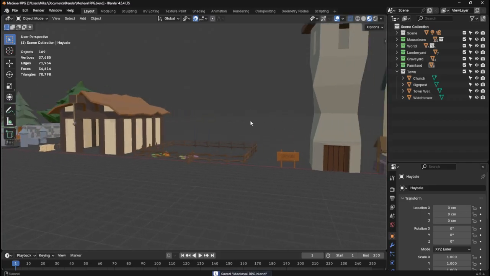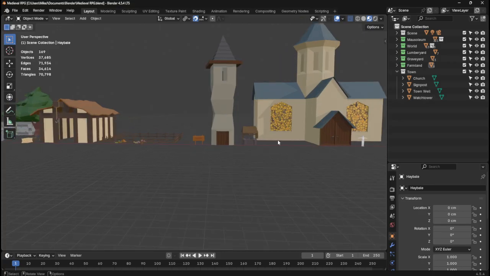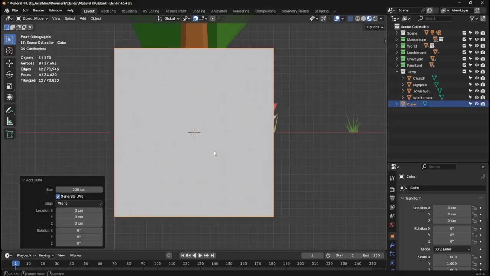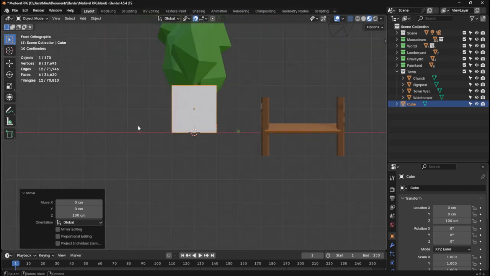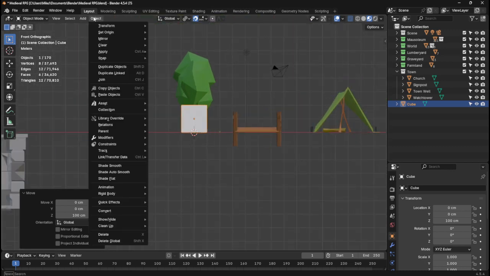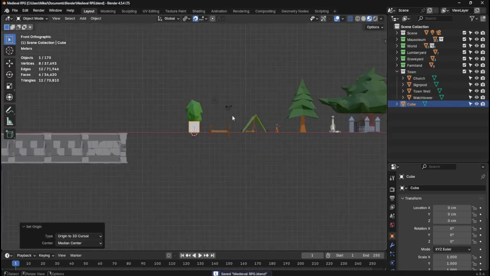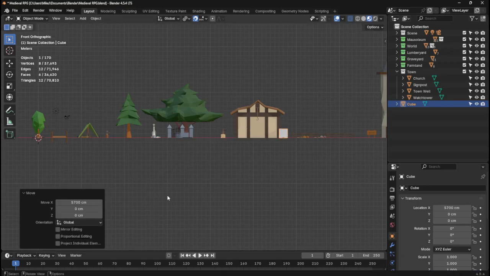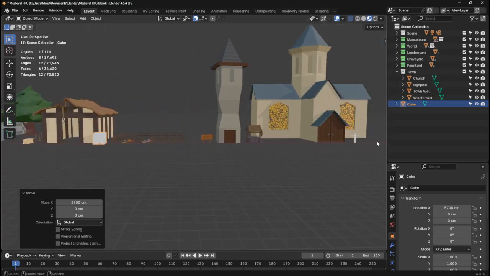So I think the first thing to do is to get the height sorted. So let's add a cube, and set the origin. I always set the origin to the base so that when I move it, it's just nice. So if we get our man,